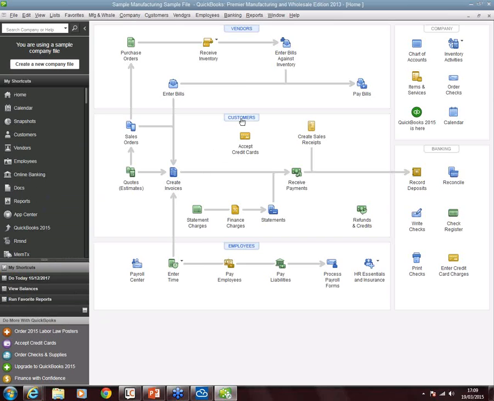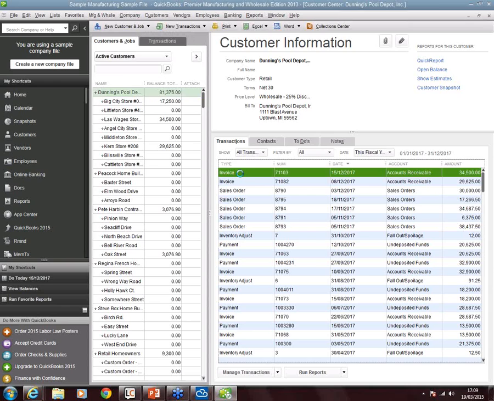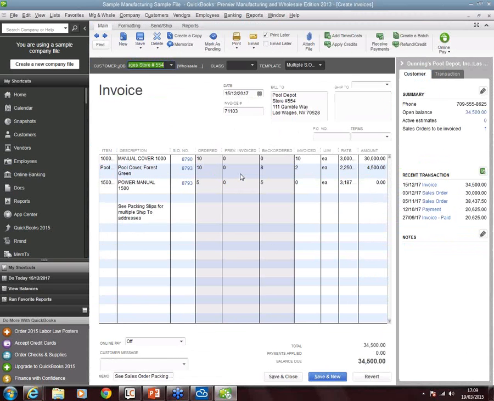So I have all the functions that I would normally have, but QuickBooks is not actually downloaded on this computer. So say I go to one of my customers, and this is, say, Dunning's Pool Depot, and I'd like to go ahead and print out an invoice, but I'm not at the host computer. How do I do that? I press print,